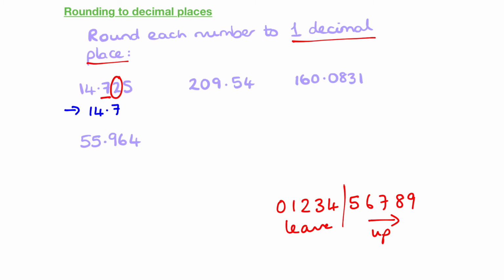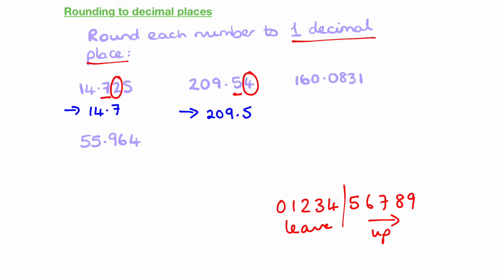Okay, so the next one, 209.54. So we're rounding to one decimal place. So it's the first number after the decimal point. The 4 tells us to leave the 5 as it is. So when we round 209.54 to one decimal place, we just get 209.5. Okay, remember nothing else after that because your answer has to have one decimal place. And on to the next one,